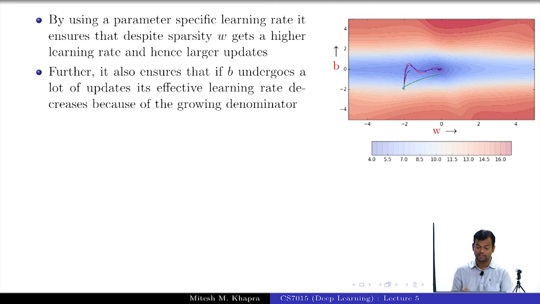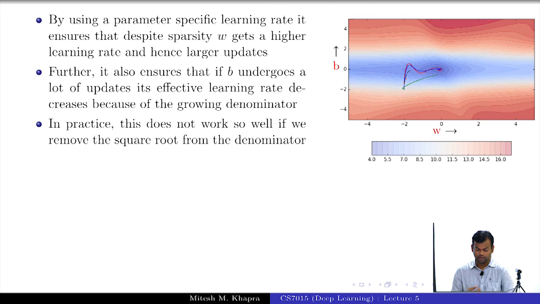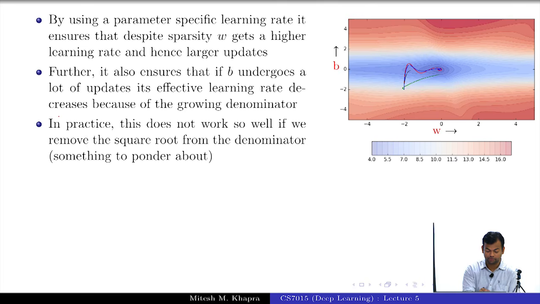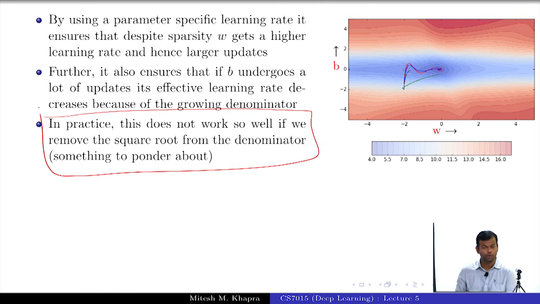This is some point which I don't want to go over now, and in fact I don't have an explanation for that, but one observation which people have made is that remember we had the square root in the denominator. If you remove the square root, in principle you are still doing the same thing, right? You are still making it inversely proportional to the accumulated history, but it doesn't work well when you do that. I don't know why it happens, and I've just read these comments at several places that it does not work when you remove the square root from the denominator, but that's not important for this discussion, that's just a point for reference later on, okay?